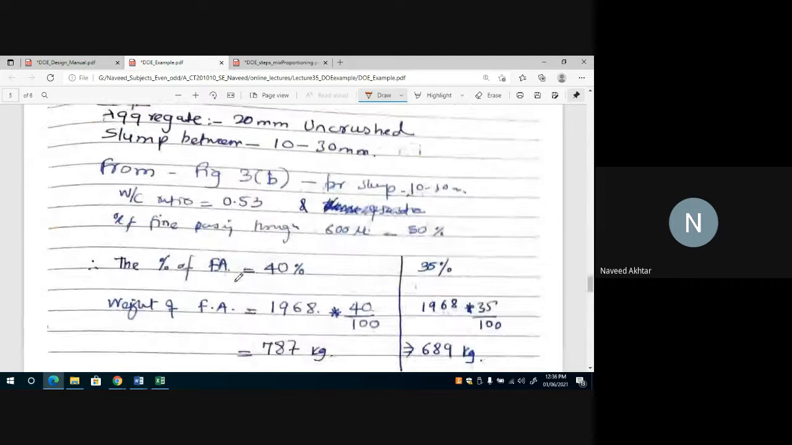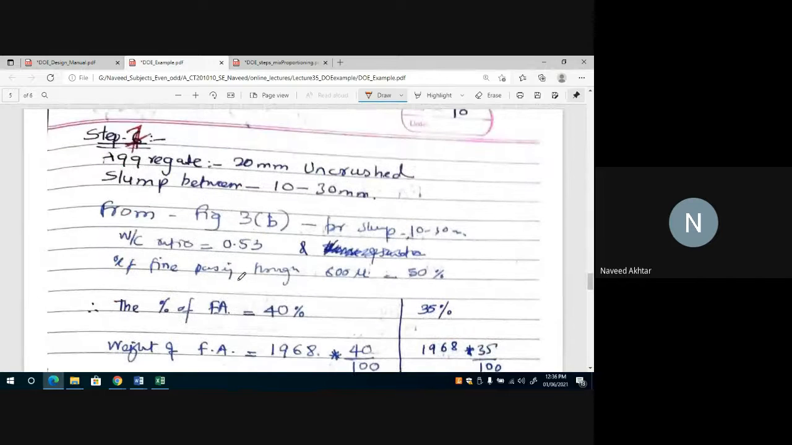Now you can find out how to calculate the fraction of the fine aggregate. So you can come to step number 6. Here the aggregate is given, that is 20 mm uncrushed aggregate in our case, and the slump value is 25 mm, and 25 mm is in between 10 to 30 mm. So now to find out the percentage of fine aggregate, you have to find out from these values